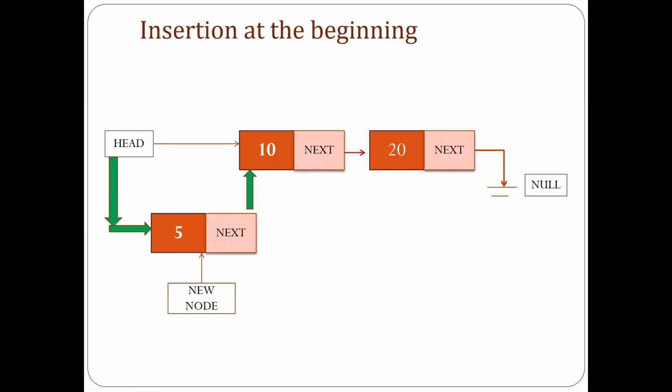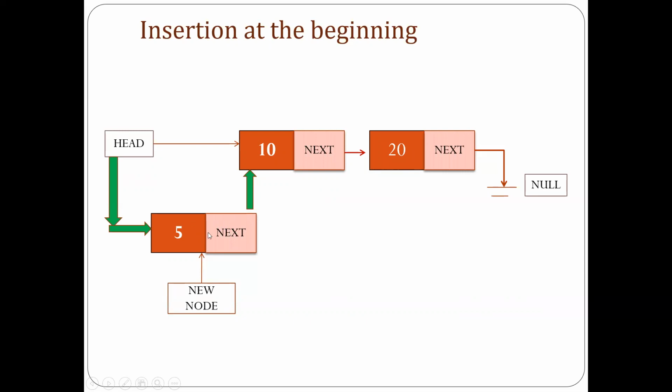So see here, by this figure, you can easily understand: this 10, 20 is the original linked list. This 10 is where the head node is. And 5 I want to add here. So if I want to add this 5 as a new head node in this linked list, first what I have to do is this 5's address field should contain the address of this 10. That means this link we first have to establish, because this 5 is originally a free node and the linked list is present from 10 to 20.